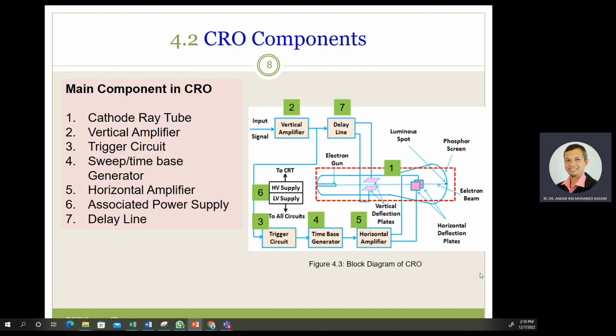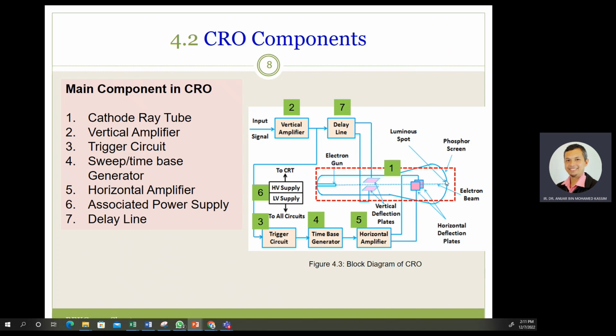Okay, next, what are the CRO components? What are the cathode ray oscilloscope components? So first, the main component of the CRO is the cathode ray tube. Because if we don't have the cathode ray tube, we cannot see the light. Okay, this is the cathode ray tube. So this cathode ray tube can produce the electron beam in order to show the light